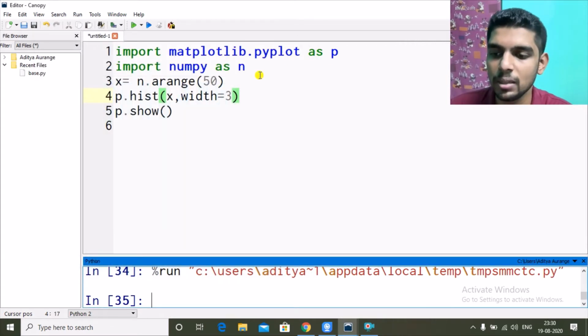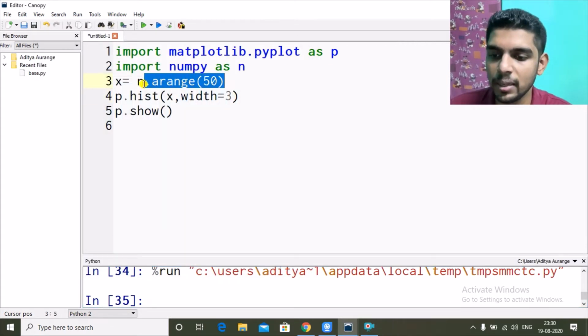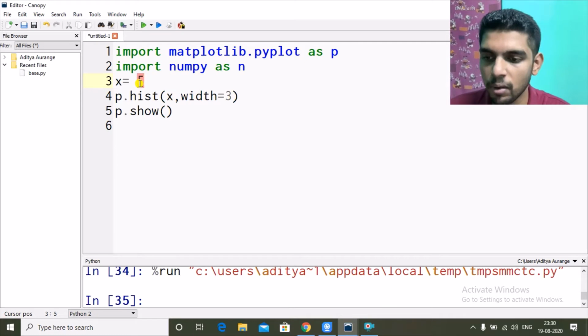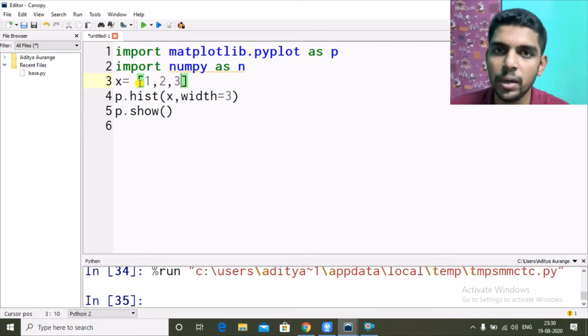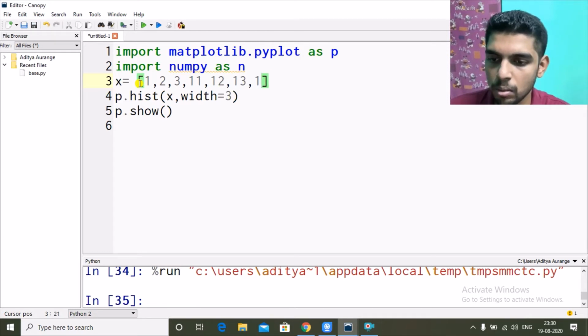Let me change our data set. Instead of np.array, let me give a list. Let's have 1, 2, 3 between 1 to 10. Then 11, 12, 13, 14, 15 between 10 to 20. So 5 values between 10 to 20, then only one value between 20 to 30.